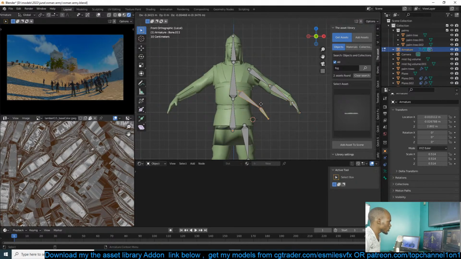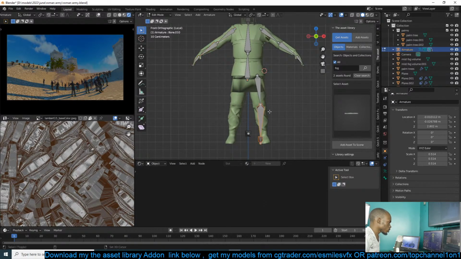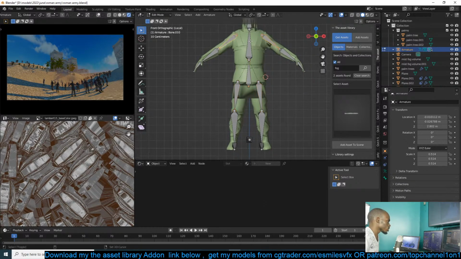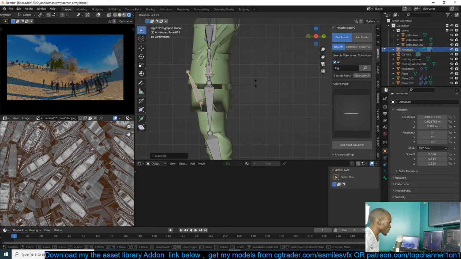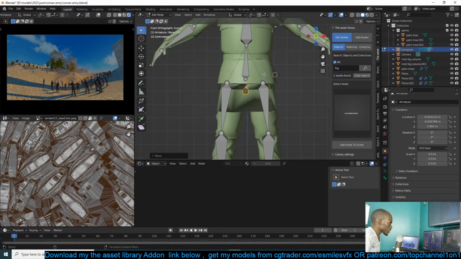Okay, let me grab these. Shift D, mirror this on the X. Parent this to this. Keep offset, grab this. Keep offset. Actually, I think we should have a bone here, where these can be parented. Keep offset